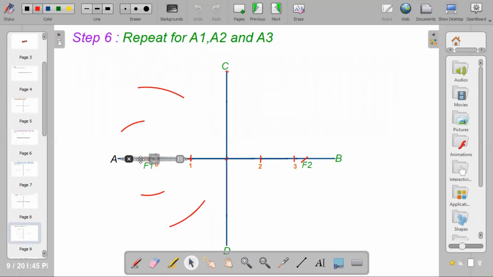When you pick the radius, center at F1. You strike an arc above this way and you take it below. Then you move on to the distance of A to 2. Same center, center at F1. Strike an arc